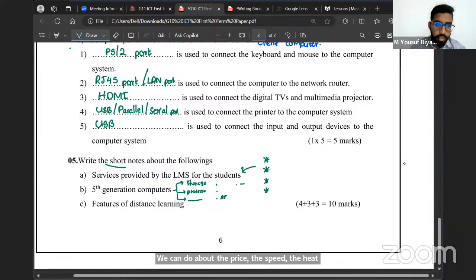Okay. And then Ali dropped me a WhatsApp message. Okay, so you can mention